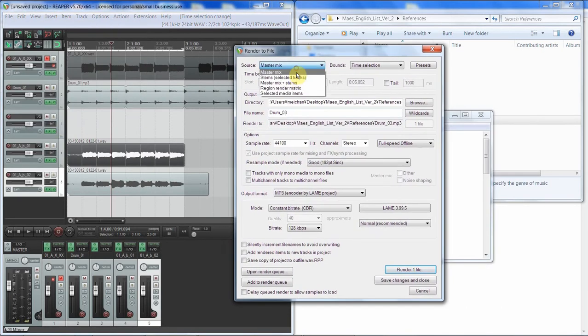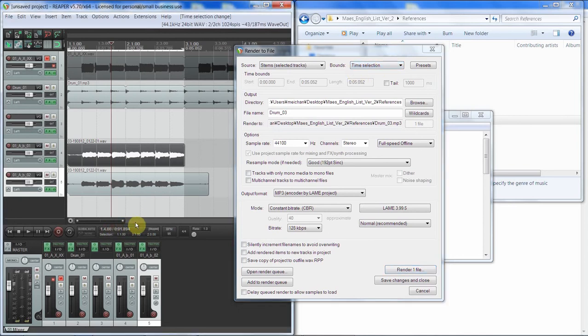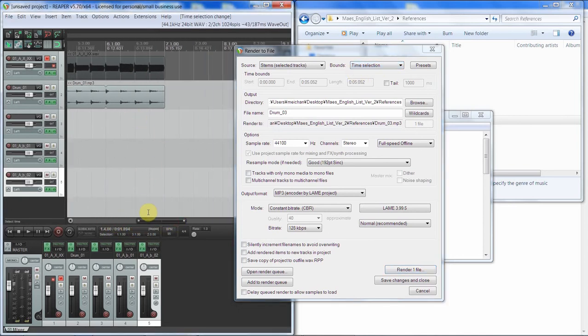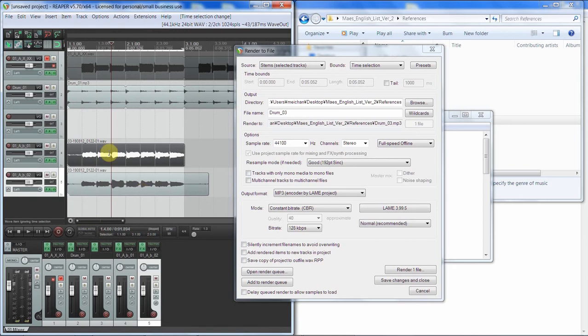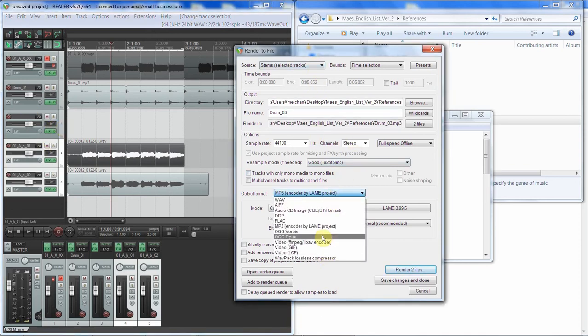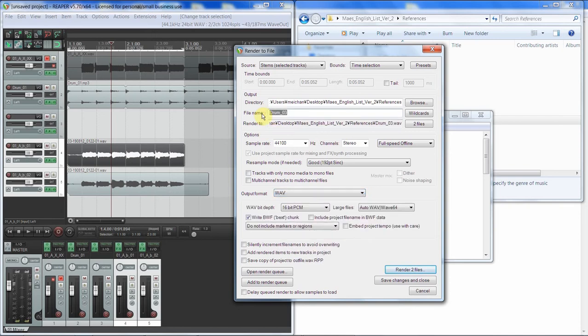And now you just need to click stems, time selection, and it's really important because if your drum track is going on for 14 minutes, you do not want each 5-second sample to actually be 14 minutes because of rendering issues. Now you can select both of them. Make sure this is wave, and then you just say track,